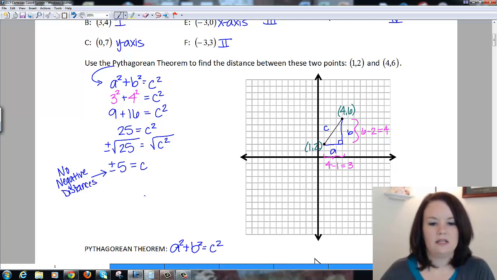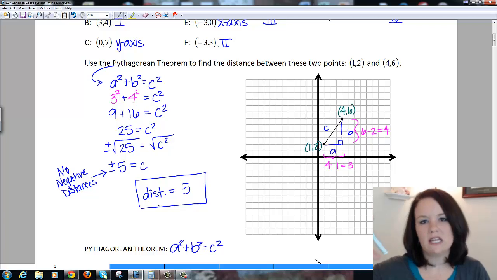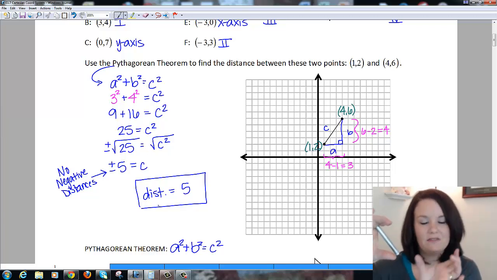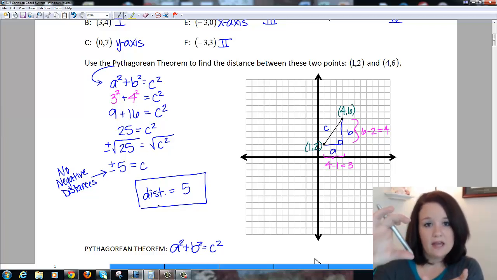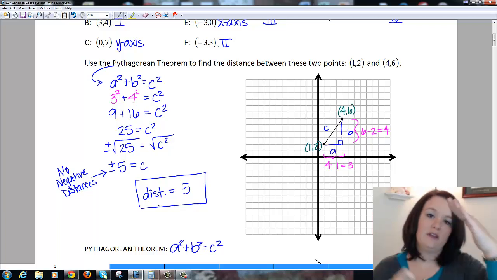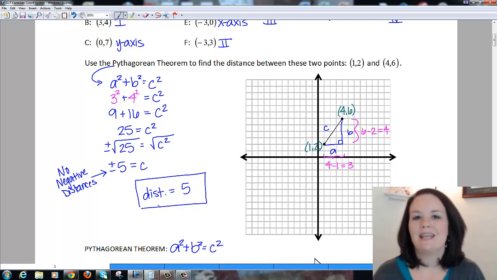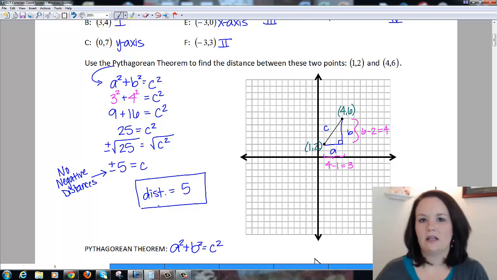Okay, so that means that my distance is 5. So the distance between these 2 points is 5. Notice what I did: I figured out the length of that side and the length of this side, then squared those lengths and added them together to figure out what my hypotenuse was. Okay, so we're going to use that same idea,